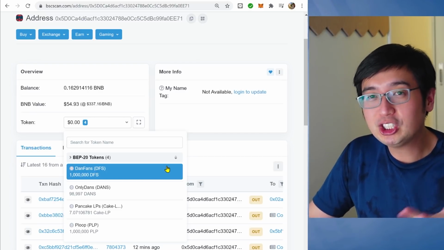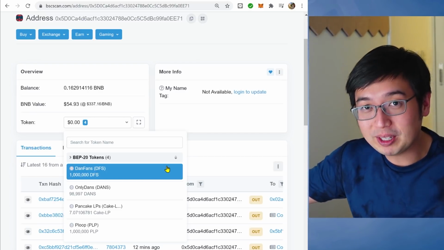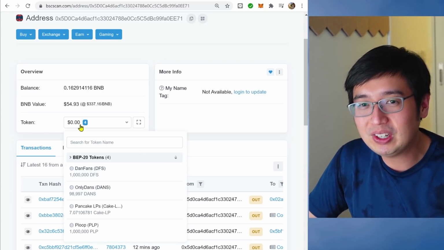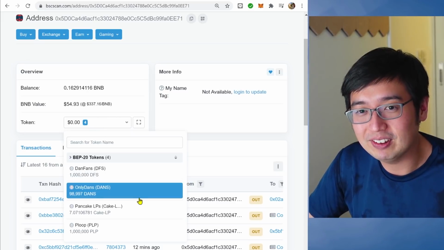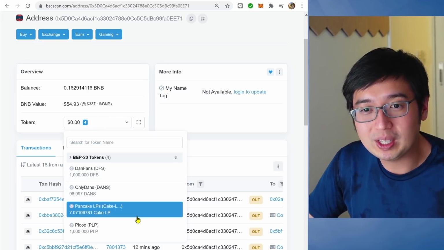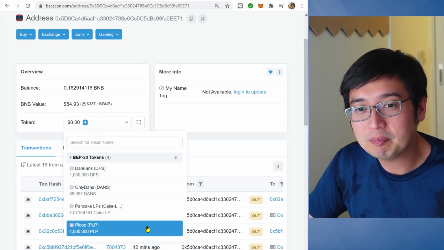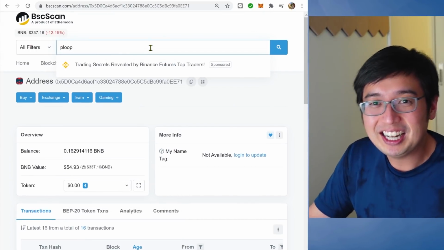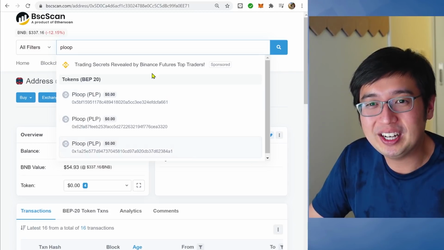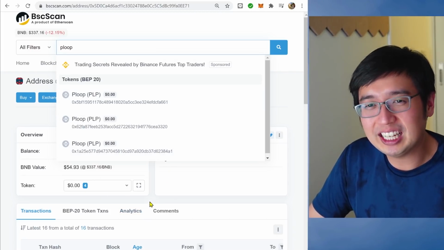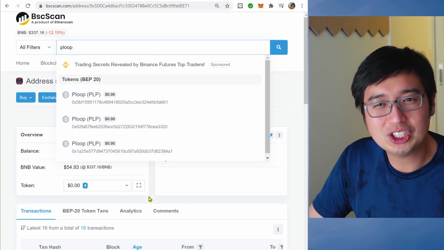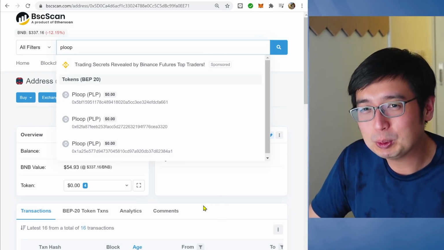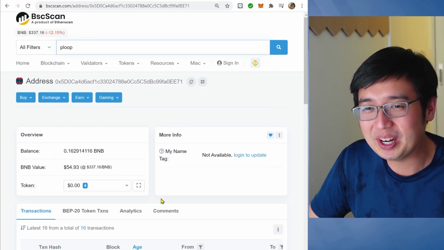With Binance Smart Chain, everything is public knowledge, so if you're holding any other Binance Smart Chain tokens, it's going to appear in your token dropdown. So you can see here, I made only DanFans earlier and Ploop. I messed up on Ploop a few times, which is why I lost some tokens there. So yeah, I think those are just dead tokens. I'm not sure. There should be a way to claim it. Doesn't really matter. I don't need those Ploops. They have no value anyway.